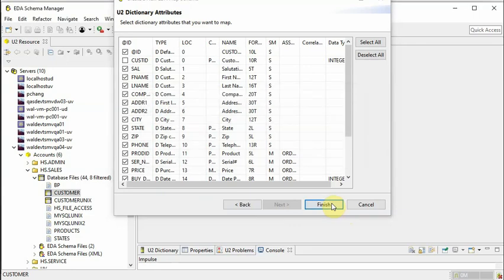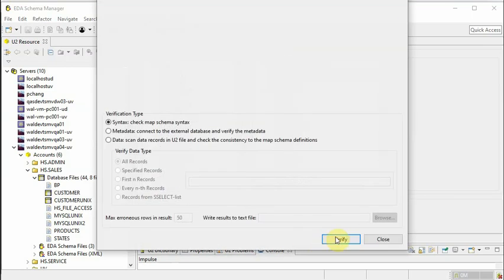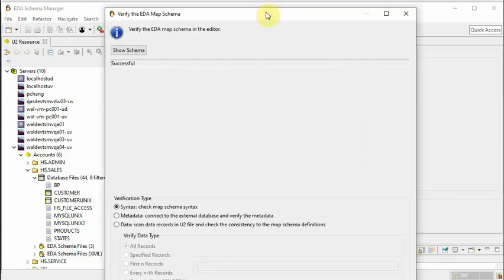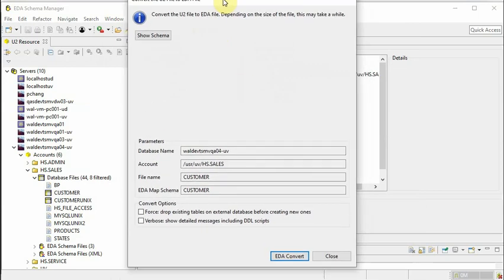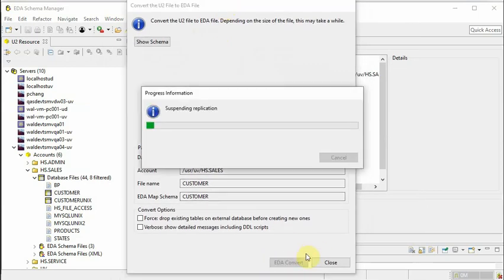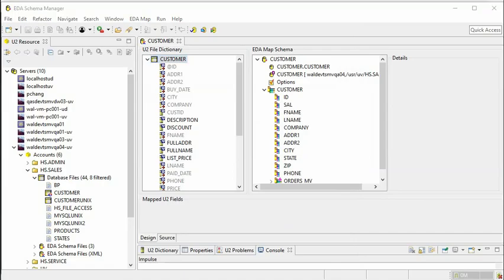Next one. Success. Convert. Yeah, successful. So if I go back to look at MySQL,